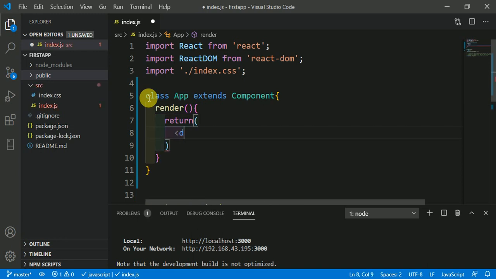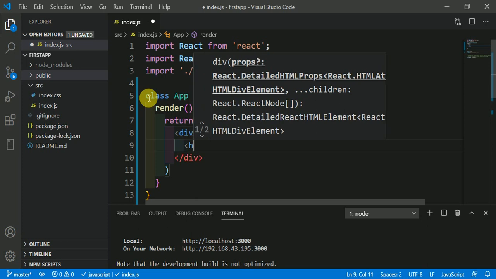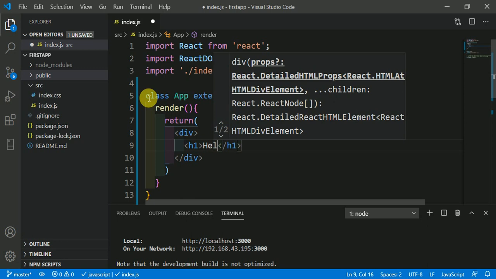Make a div here, and in the div just type an h1 tag with Hello React.